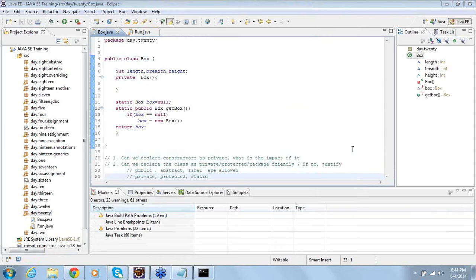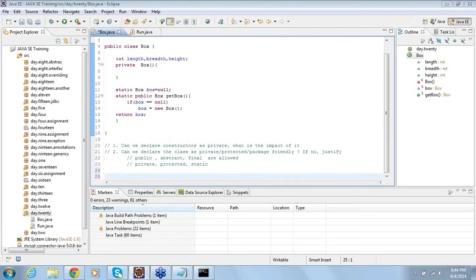But there is a concept called inner classes. Just read about these inner classes. Your inner classes can also be private, protected, or static.